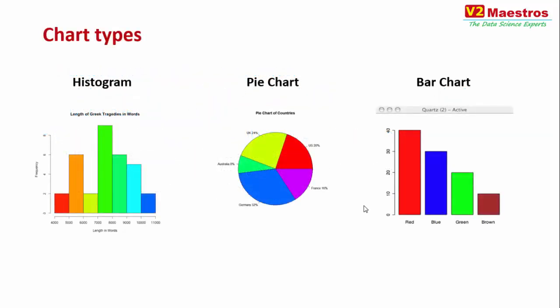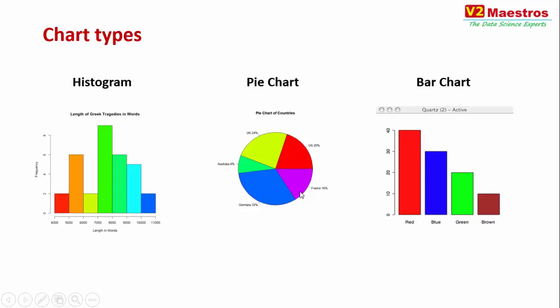So graphical tools, you might have already been used to various of these. Like, what is a histogram? A histogram is basically, if you have a list of values, you split that range of values into buckets, and then it shows for each bucket how many data points fall into it. So here for the first one, you see the length of a text in words. You have a collection of such texts, and you're just bucketing them based on the number of words found in each text, and this is the histogram you get.